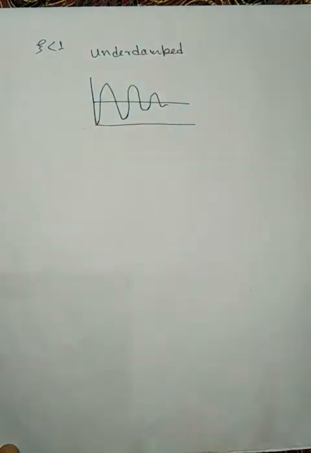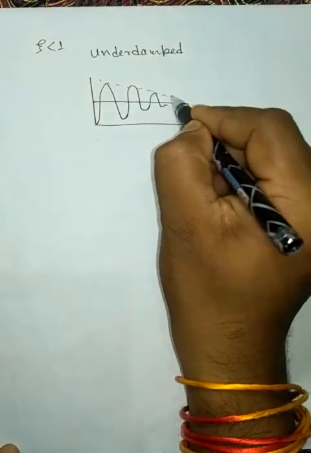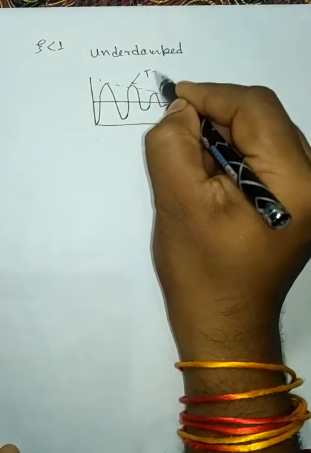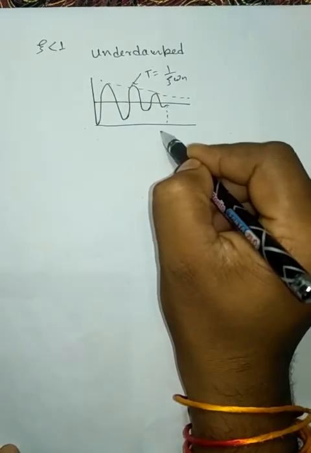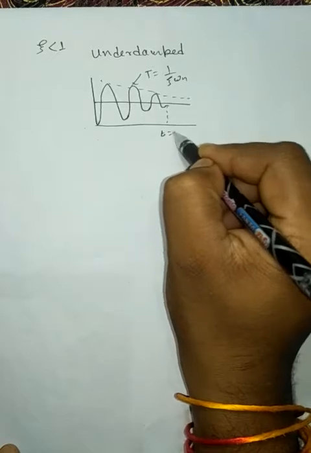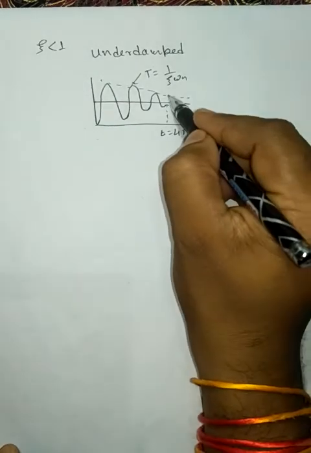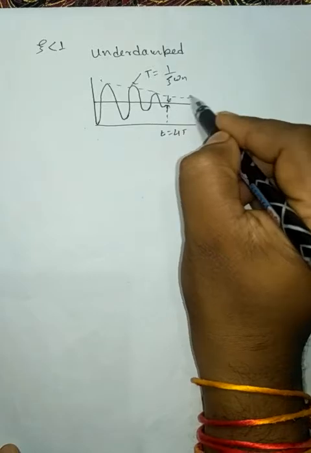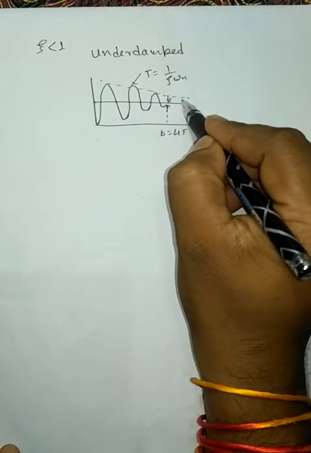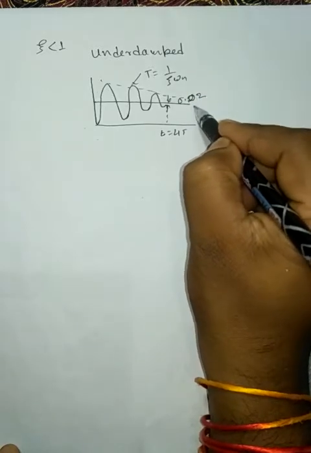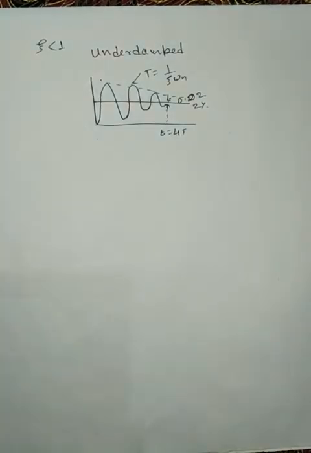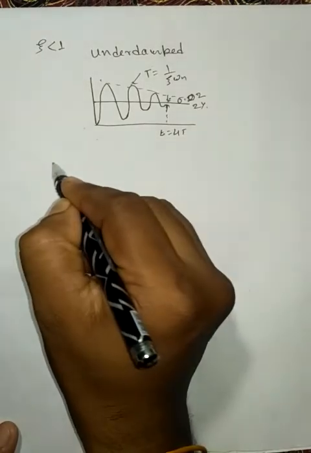like this, where the slope or time constant T is equal to 1 by zeta omega n, and settling time is again 4T, and at this time the error between actual and desired response is 0.02 or 2%, meaning the response has reached 98% of the desired response, right? And in that case our C(t) is